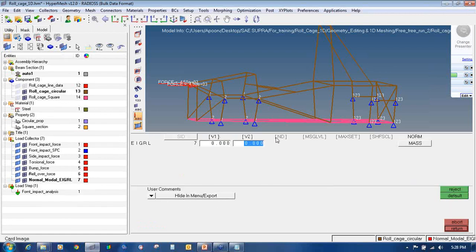So we define the frequency range from 1 to the engine frequency. I am assuming the engine frequency to be somewhere around 100, and the number of modes. I want to see the frequencies of the different modes of excitation. So 10 modes I am interested in. Practically speaking, the first 2 modes are more important, then the importance becomes lesser and lesser because the damping comes into play. So the first 10 modes is fair enough. So I will say return.